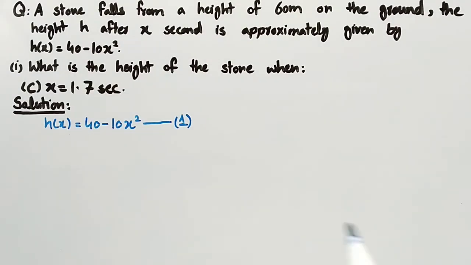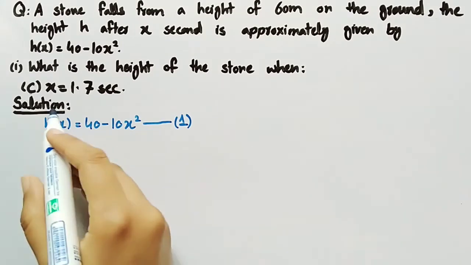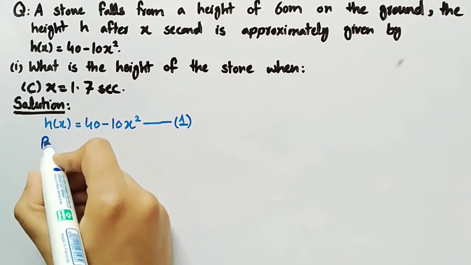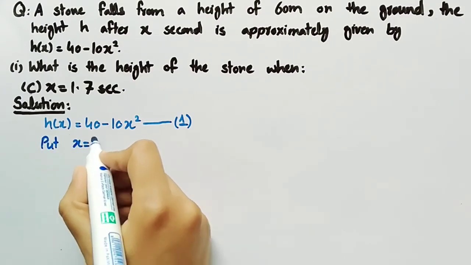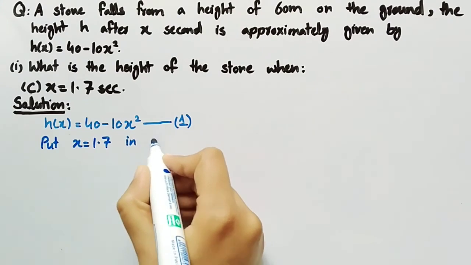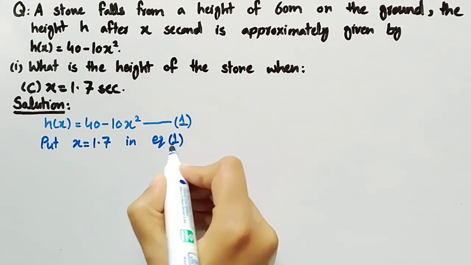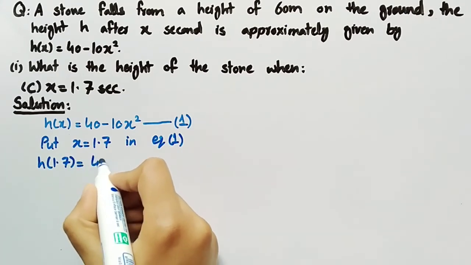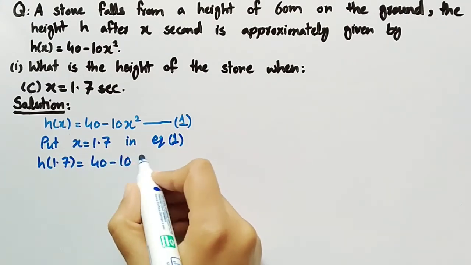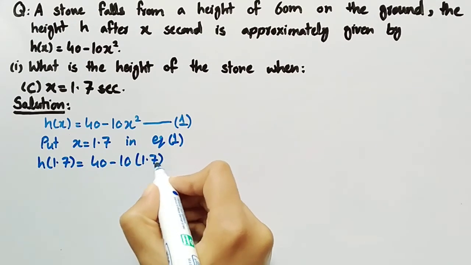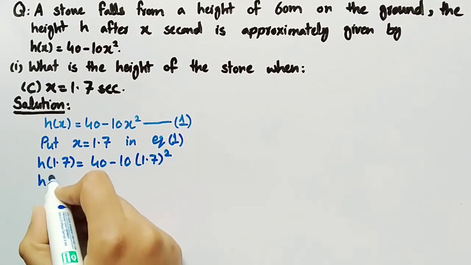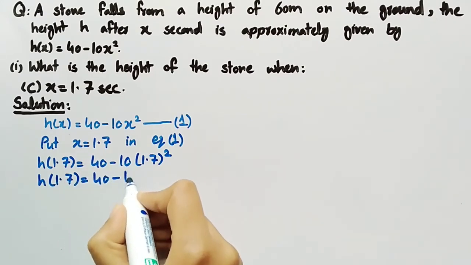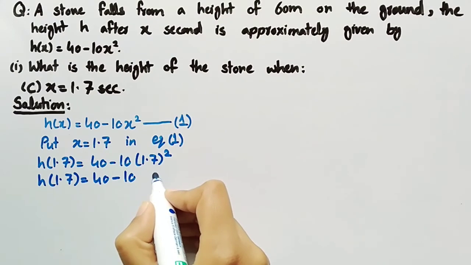Now we will find the height of the stone when x is equal to 1.7 second. For this put x = 1.7 in equation 1. We get h(1.7) = 40 - 10 × 1.7², where 1.7² is equal to